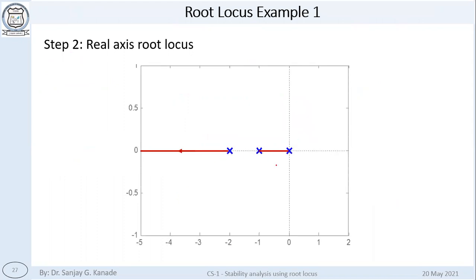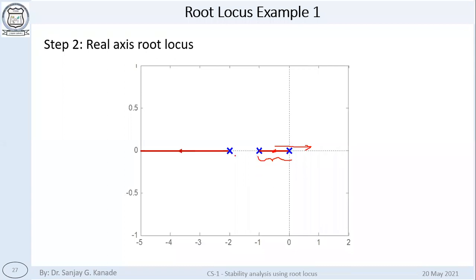how many poles and zeros are on the right hand side of any point. So here, all these points between the root 0 and root -1, if you take any point in between, how many poles are on the right hand side? Only 1. Now if this number is odd, then that point is on the root locus. So based on this analysis, this whole section between s equal to 0 and s equal to -1 is the real axis locus.